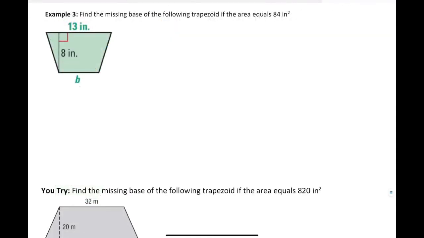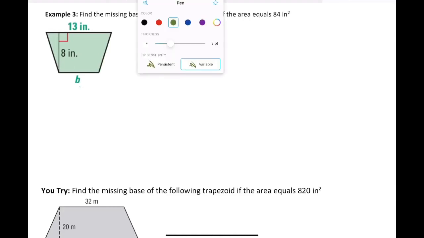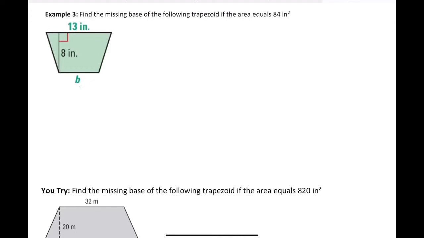Okay, now for number 3, it says find the missing base of the following trapezoid if the area equals 84. This particular problem, we're not looking for the area. The area is already provided for us. We're looking for a missing part. There's a number missing from one of the dimensions, and that's one of the bases. All right, so we'll call base 1 13. We'll call base 2 b because we don't know what it is. That's the unknown part. The height is 8,